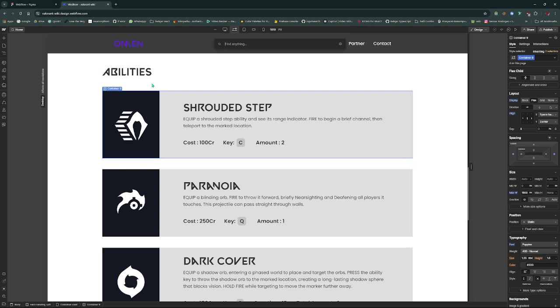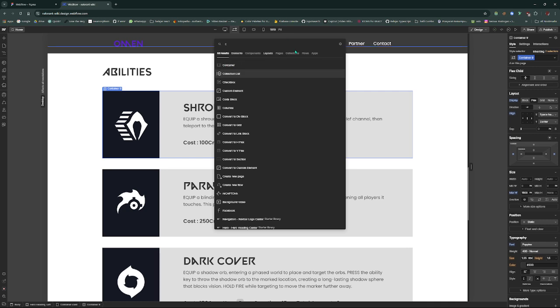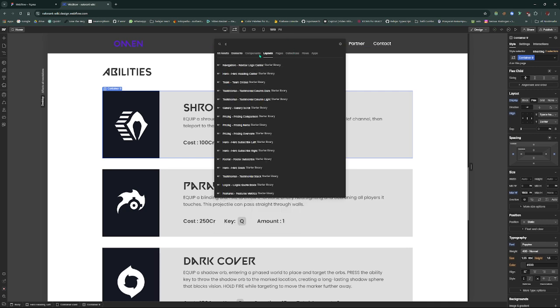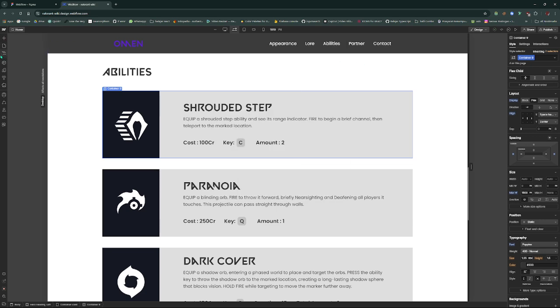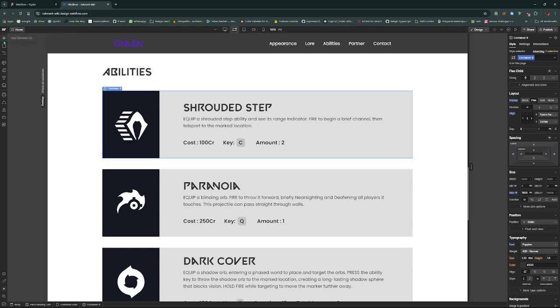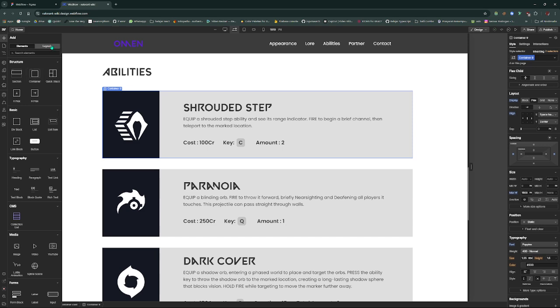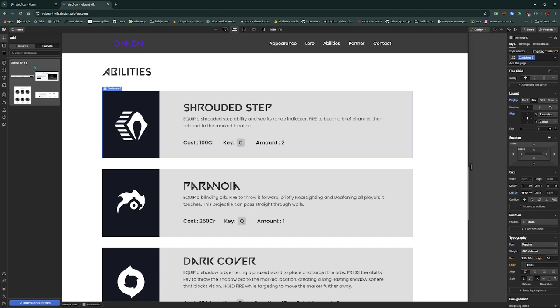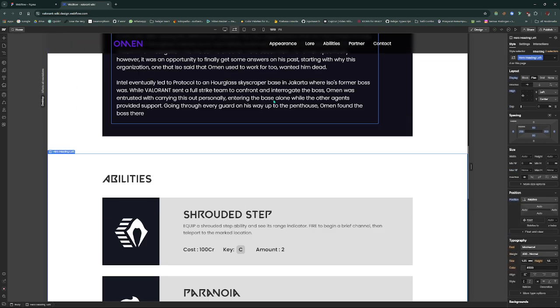For the card, you can use a template just like this. For the layouts, basically you just click the plus button right here,